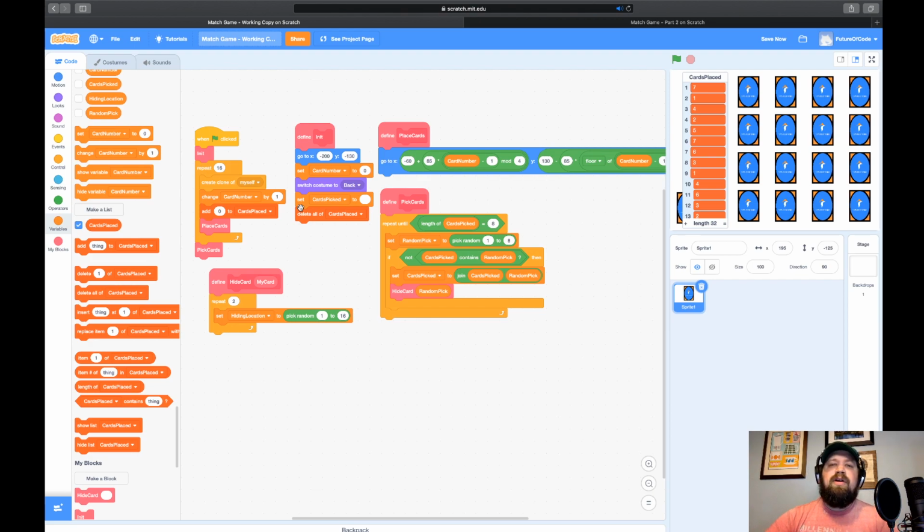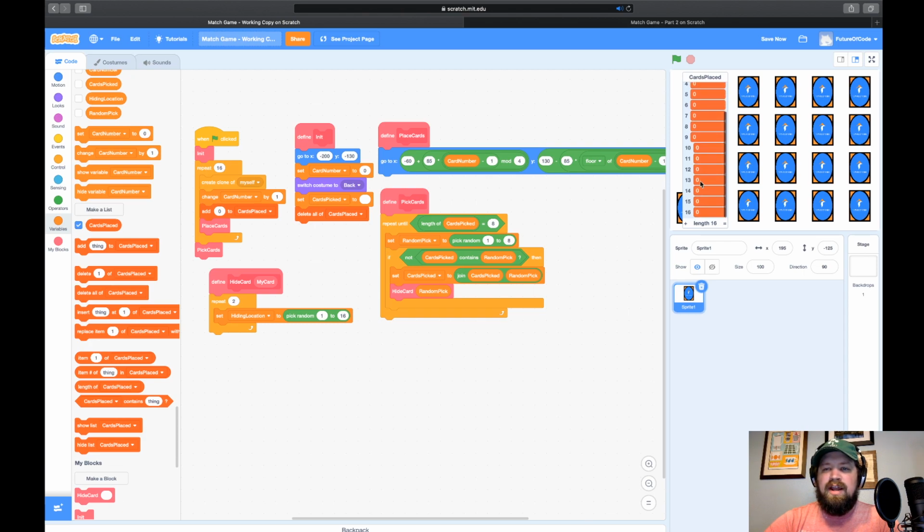This is the tough part about adding something once we decide we need it later, right? We said, oh no, we need something to track this, but we need to make sure that we're making it and creating it properly. But now we got to go back to code we already wrote and edit that code a little bit. This happens a lot. So let's click when green flag is clicked. Let's click the green flag.